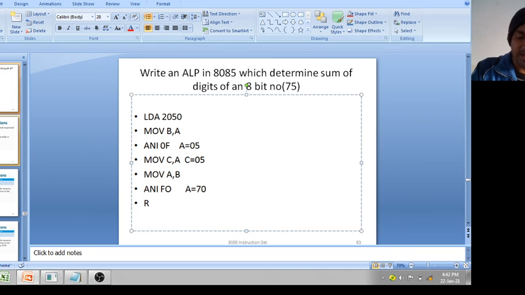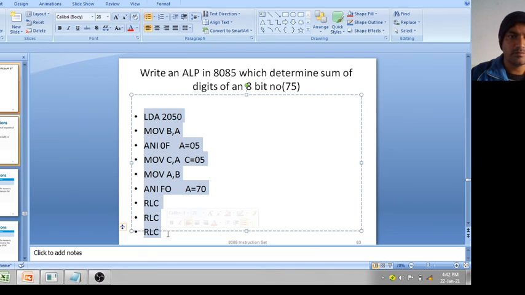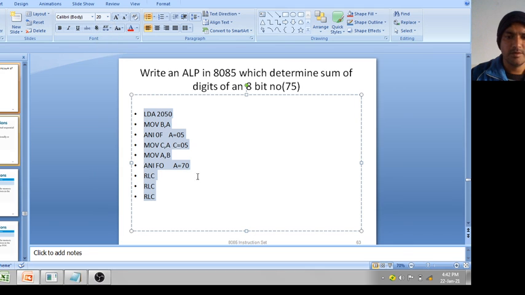So when I apply RLC 4 times, okay, RLC, then again RLC, again RLC 4 times, it means the contents of A equal 07. Now you have separated both the digits.